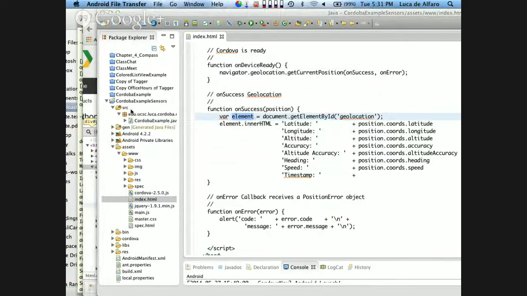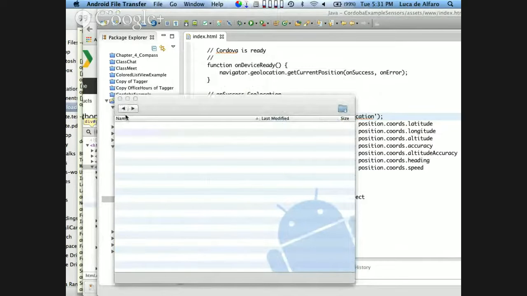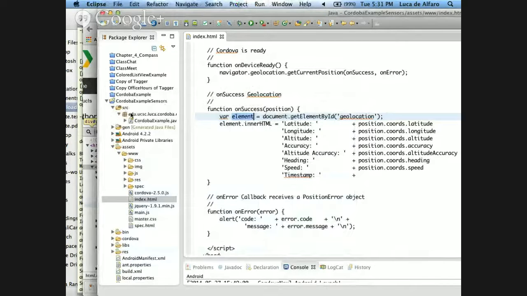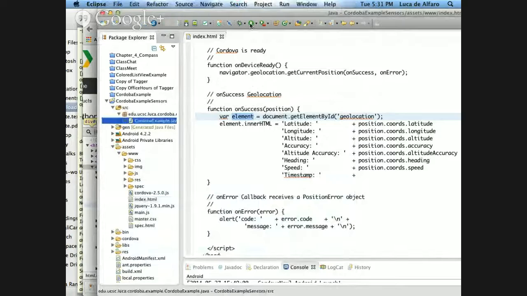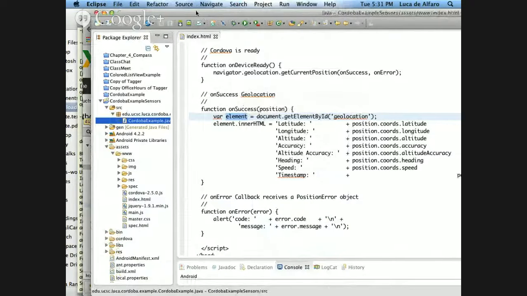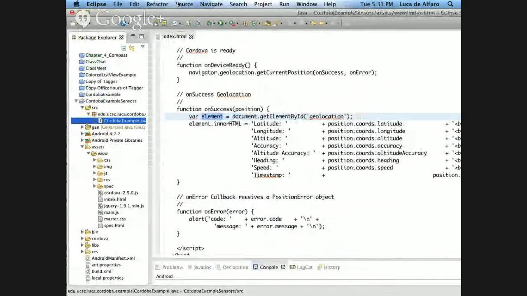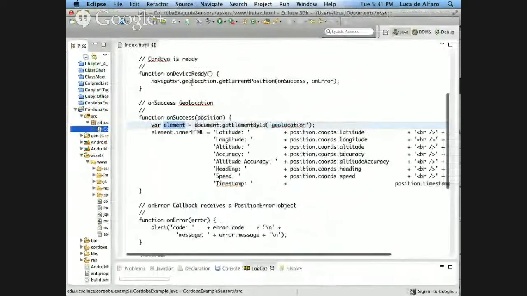Okay, so if I run this code, let me run it one moment. Okay, so it happened quite fast.